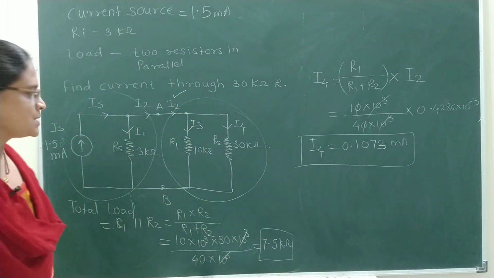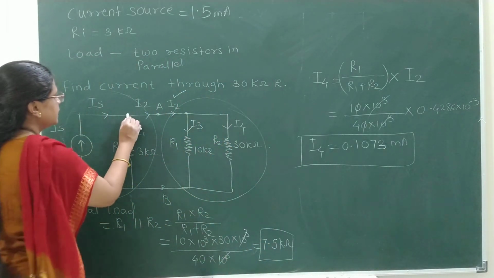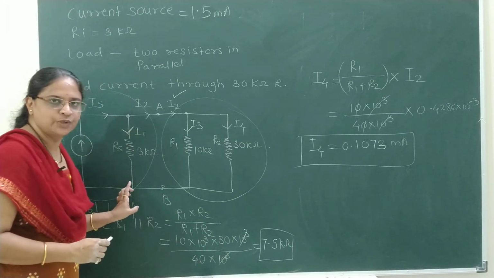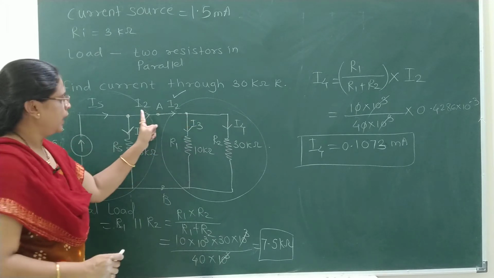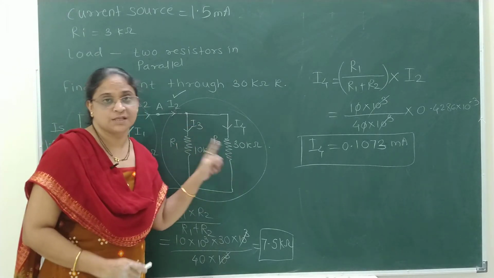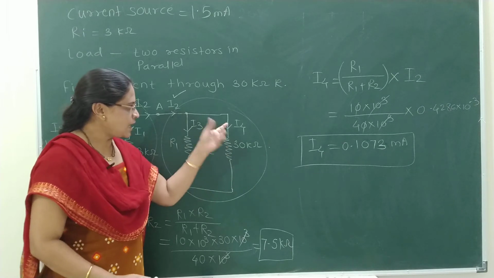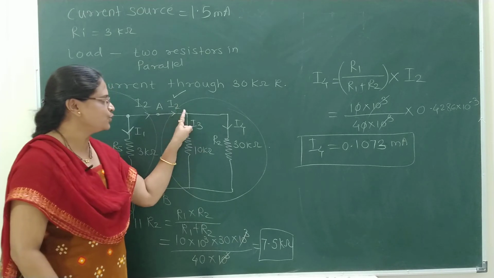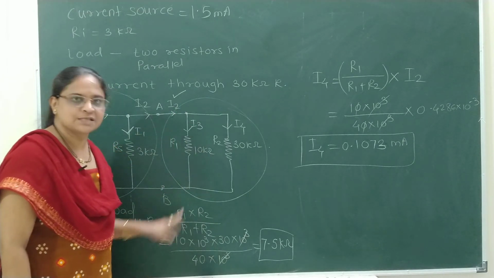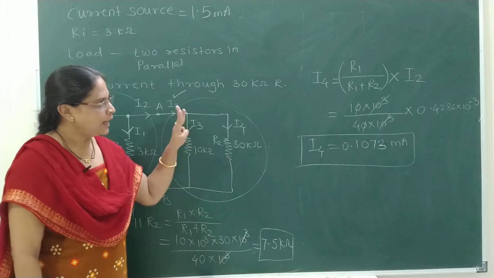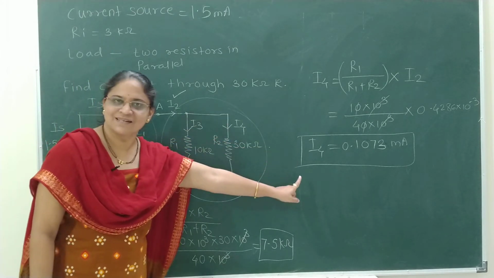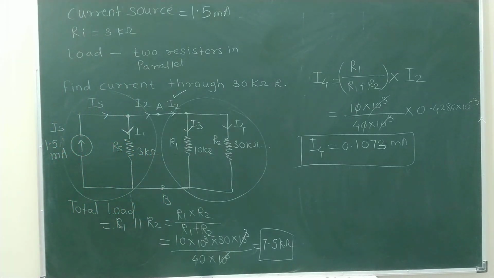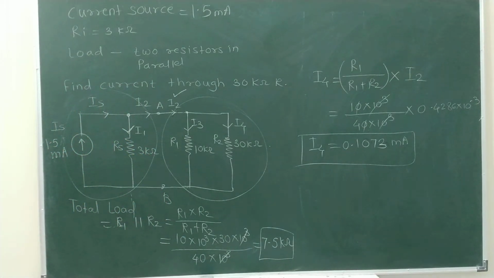But try to understand main current Is, here it gets divided into two branches. First one as I1, that is current through internal resistance, and then I2. I2 gets divided into two load resistive branches. So for this I4 to be calculated, main current for this load branch is I2. So first we calculated total load resistance, then we calculated I2, and then dependent on I2, here is the final value of I4. So again, let's try some calculation in a simple form.